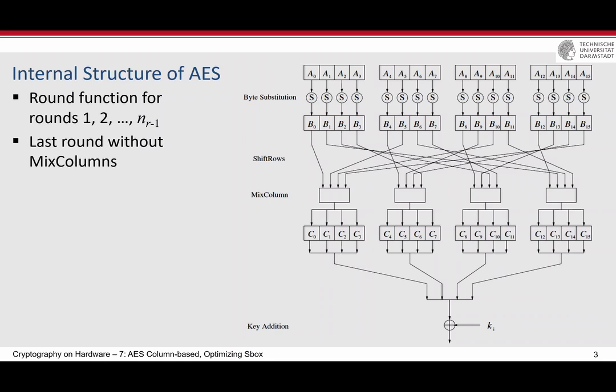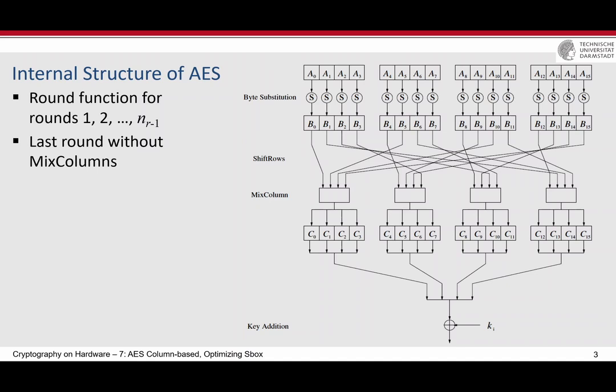It means that you can have one instance of these modules, which contains 4 Sboxes and one MixColumn instance, not MixColumns, since it's not applied on all 4 columns, only on one column. And then share this instance between all columns of the AES cipher state,